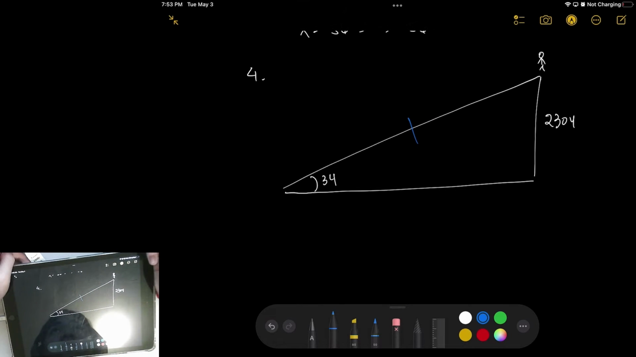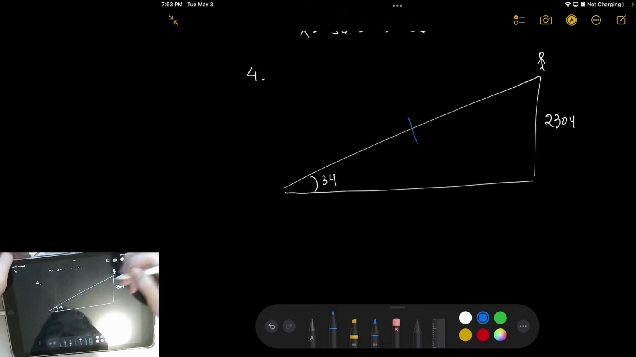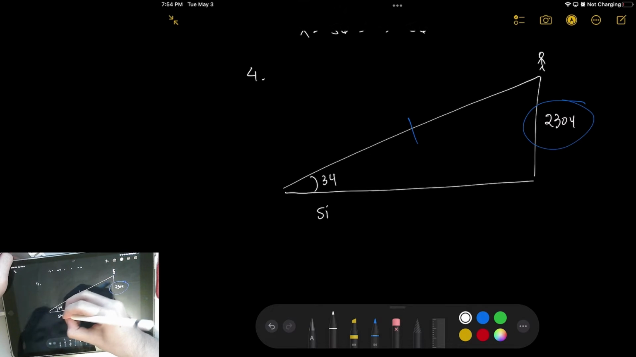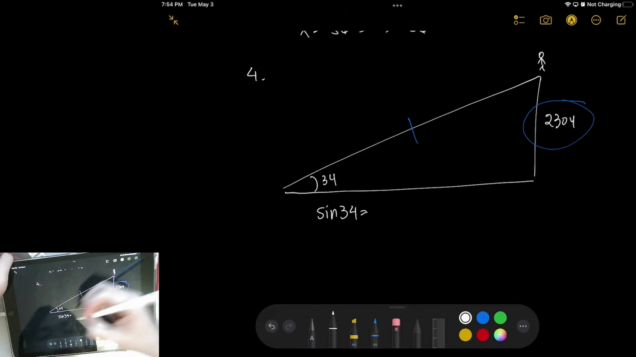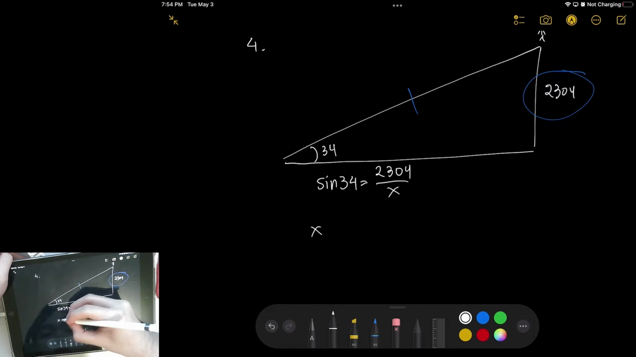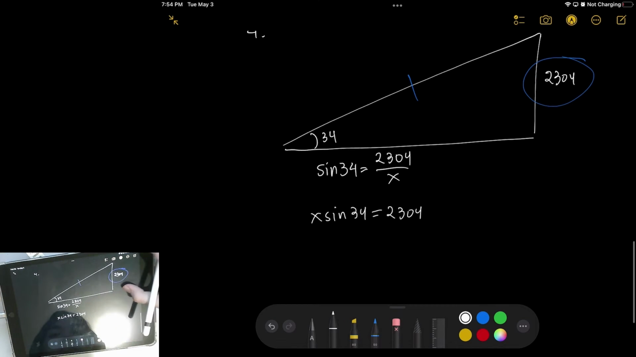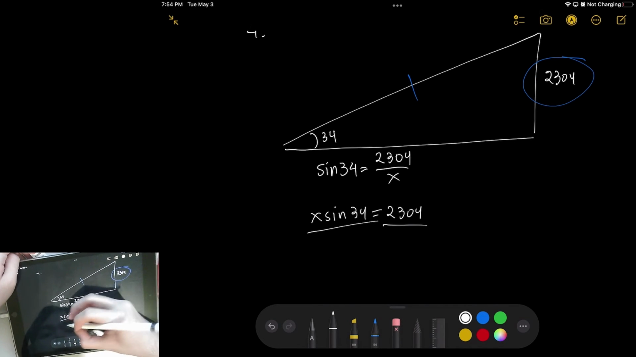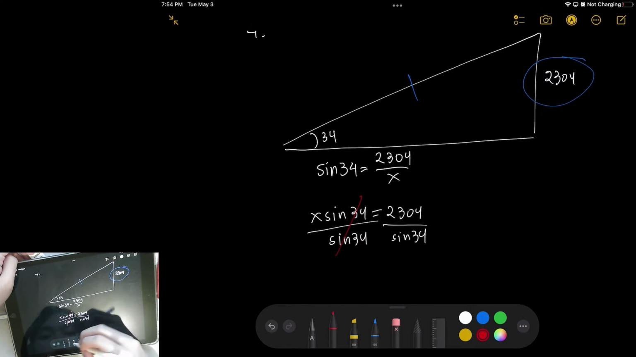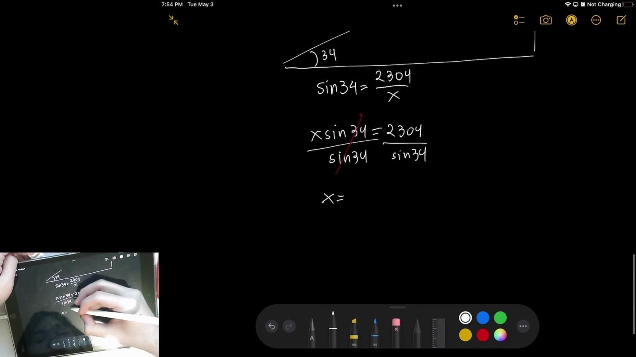So how do we look for our hypotenuse? Well, remember SOHCAHTOA. We currently have our opposite value, and we're looking for our hypotenuse. So this means we have to use sine. Sine of 34 equals opposite, so 2,304 over x. We then cross multiply. x sine 34 equals 2,304. Lastly, we divide both sides by sine 34 to isolate the variable. We then cross that out, and now we're left with x equals